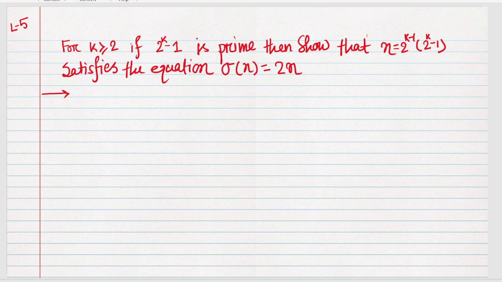Initially, according to the question, we have 2^k minus 1. It implies that 2 raised to the power k is always an even number, and 2^k minus 1 always satisfies the property that it is an odd number. Now according to the question, they provided that 2^k minus 1 is a prime. Then we can include another thing, that 2^k minus 1 must be